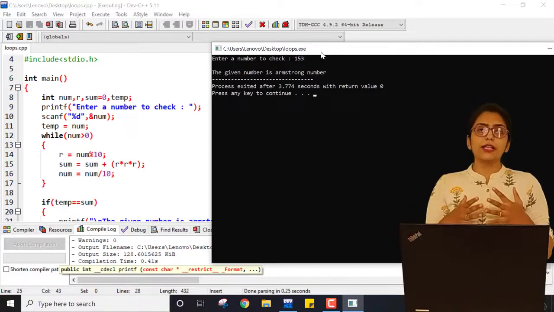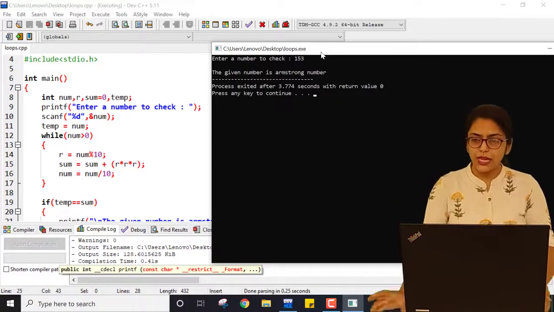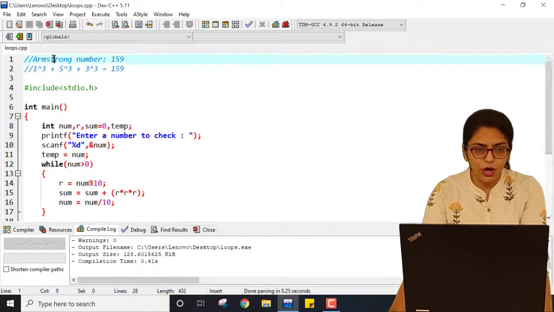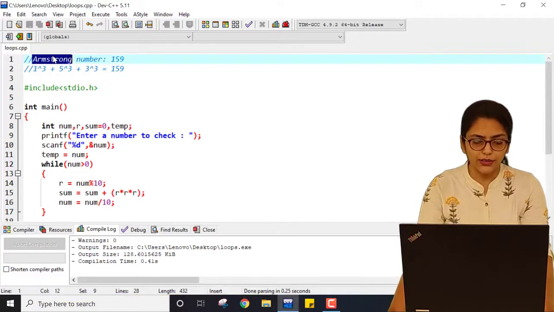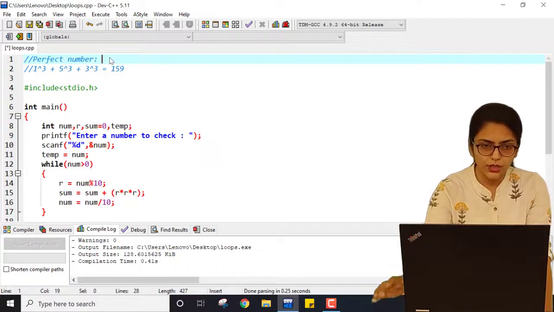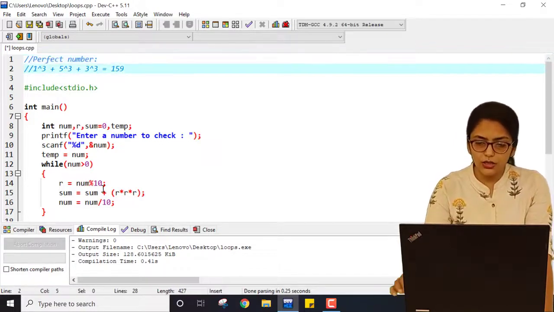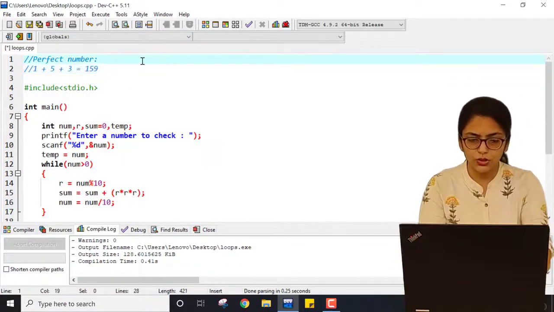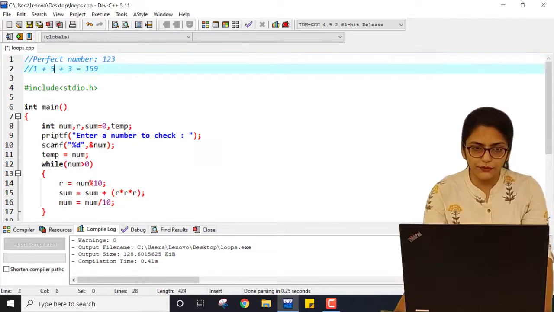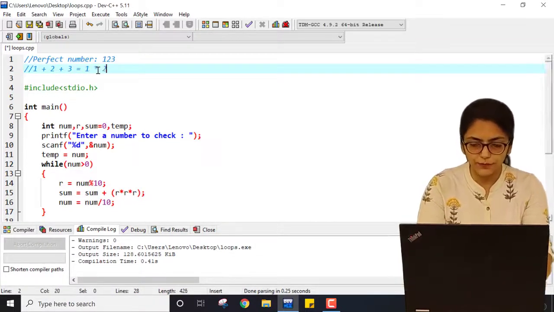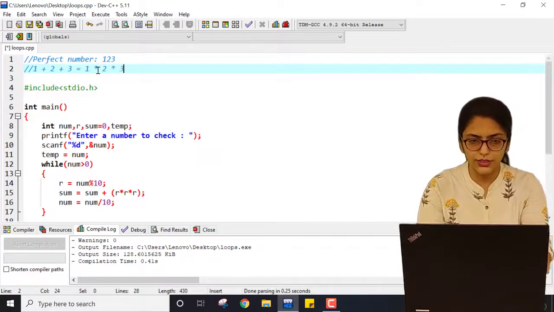Let me close this window and I'll show you what the logic for a perfect number is. A number is perfect if the sum of digits of a given number is the same as the multiplication of digits.